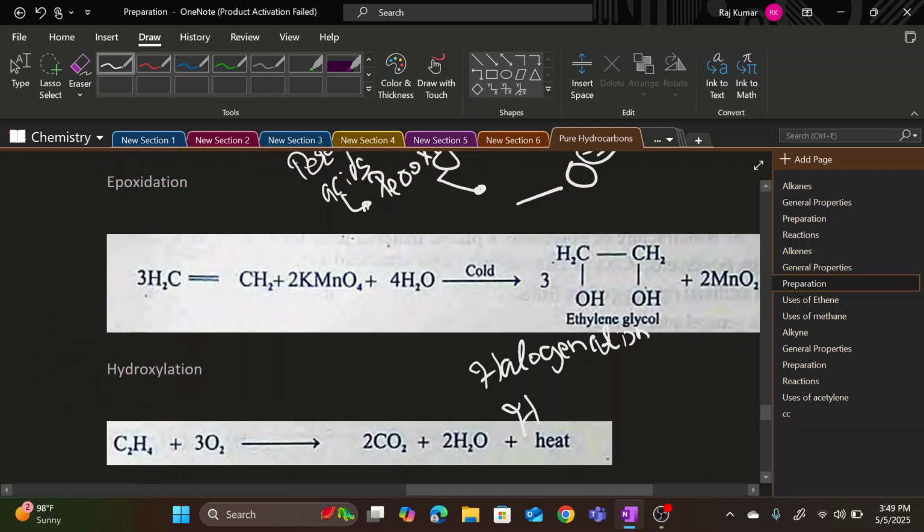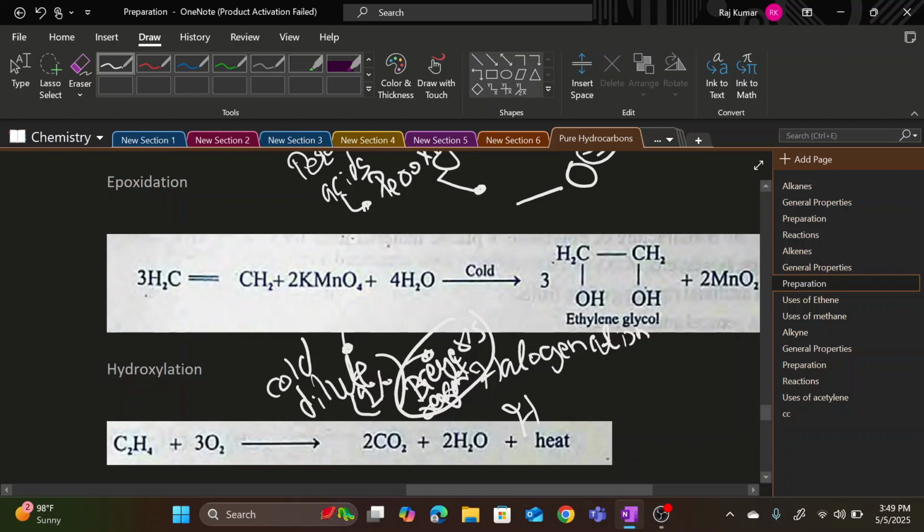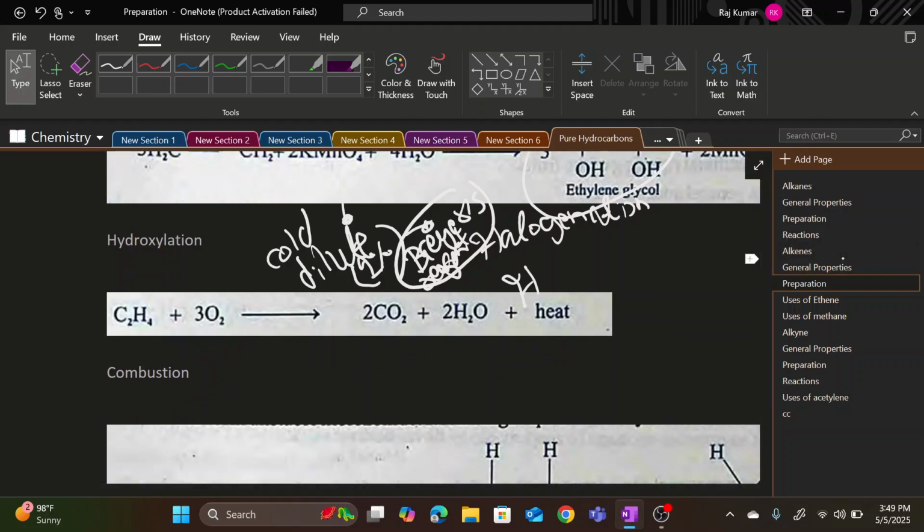Let's see the reaction actually. We basically take cold dilute, around 1% concentrated potassium permanganate, also known as Bayer's reagent. That Bayer's reagent is used to oxidize ethene, due to which it forms ethylene glycol. Now, when the reaction completes, the purple color of potassium permanganate disappears. It becomes colorless due to the presence of ethylene glycol, which indicates that there is an unsaturation.